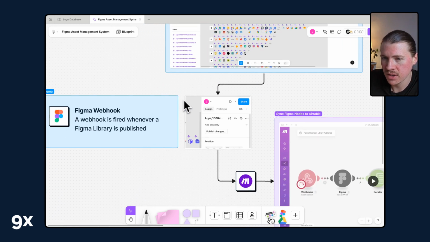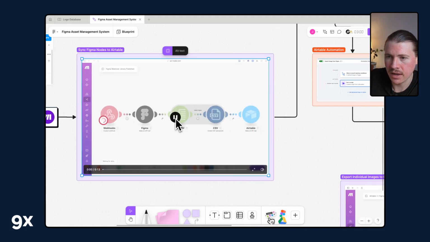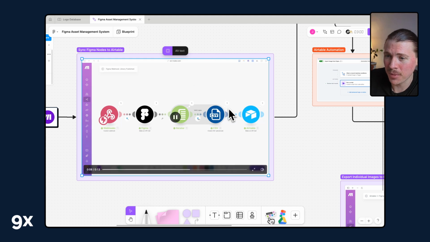And then as I mentioned, whenever something changes, you have the ability to publish some changes. And here we're leveraging Figma webhooks, and I'll show you how to set up that specific Figma webhook that's going to listen to any new components that have been published, any new library that has been published. This then triggers a Make scenario, and I can just play this video here to show you how efficient this one is. It's literally syncing over almost 500 assets, and it can do it in just 5 operations,